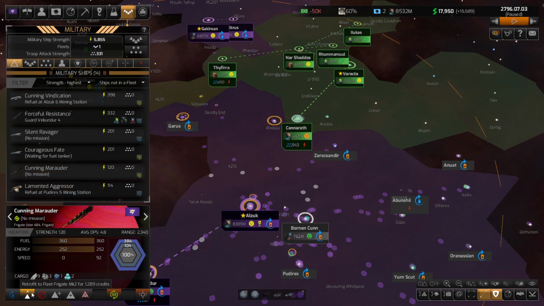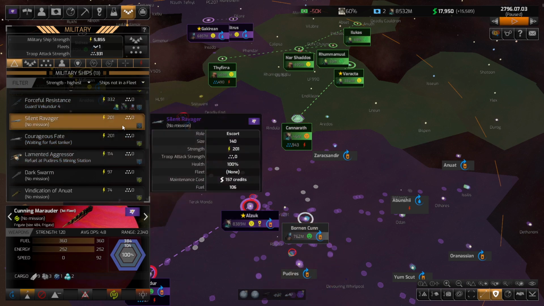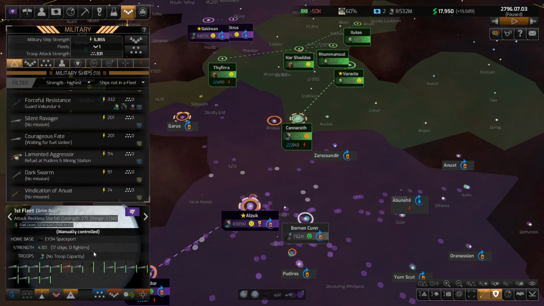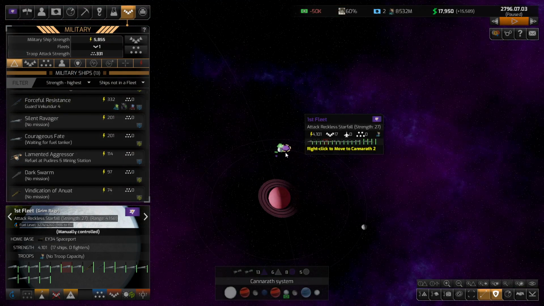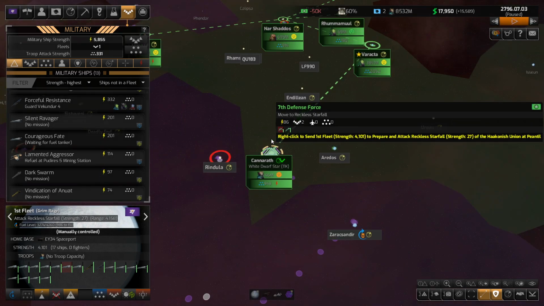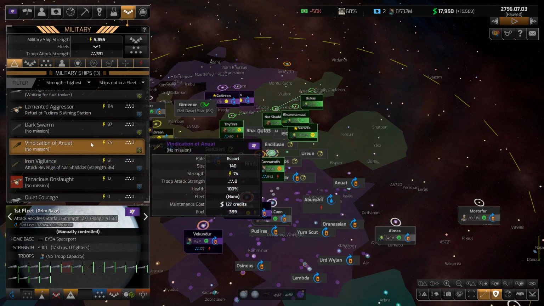Anyways, Cutting Marauder, you're fine, so let's have you... no, don't retrofit. For the love of God, don't do that again. Join my fleet. So the first fleet is just getting a ton of people very quickly. And really, we can just sit here and invade right away once our troop transports are done. Or if we want to do a different way...